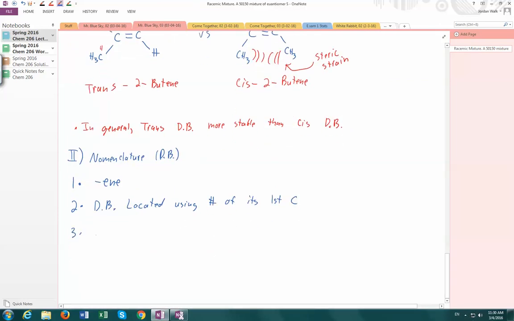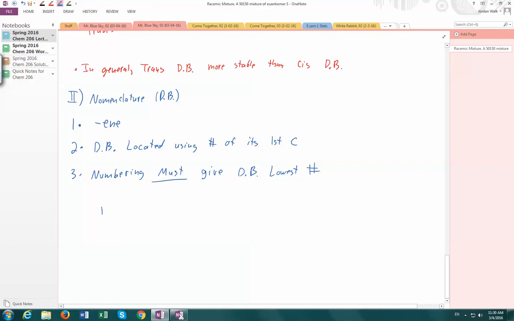Here's a new rule. What we have to do when we number is come up with a numbering system that must, absolutely must, give the double bond the lowest possible number. So what that means is, for example, we could have a molecule that looks like this. So we've got two possible ways to number. We could number left to right, 1, 2, 3, 4, 5, or we could number right to left, 1, 2,